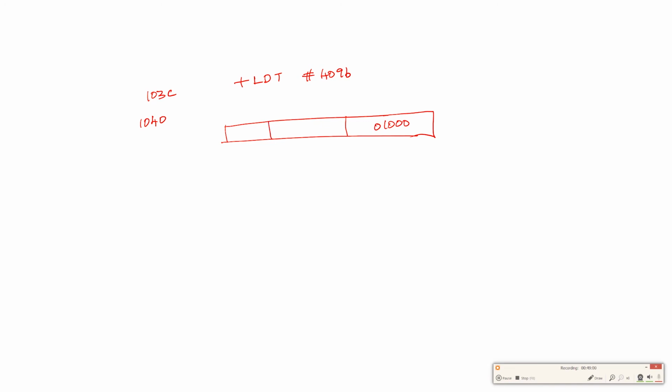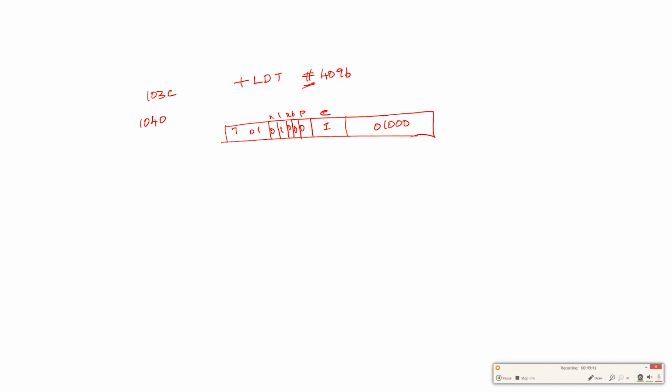Clear? Next is NIXBPE. See, this is format 4, so E is 1. You don't have these two, base relative or program counter relative. There is no X, so 0. This is immediate, so I will put I equal to 1, N equal to 0. What is the value for LDT? The value for LDT is 74.